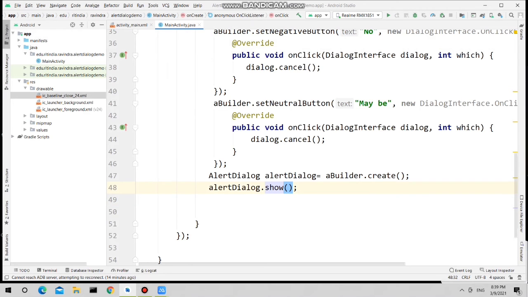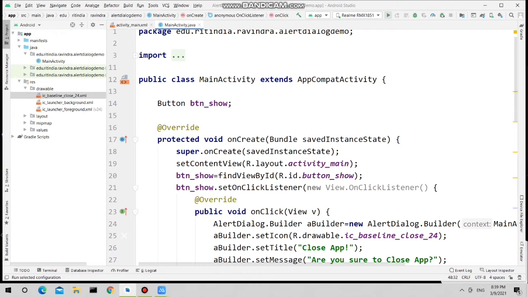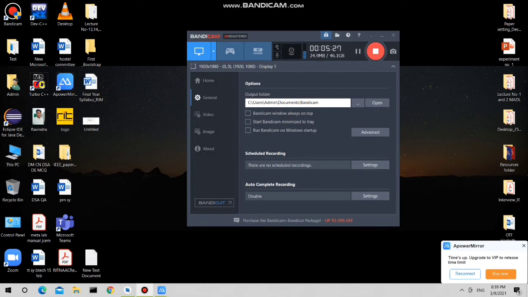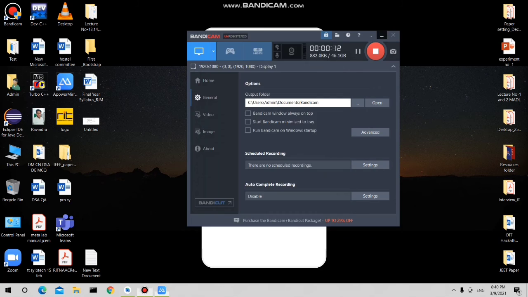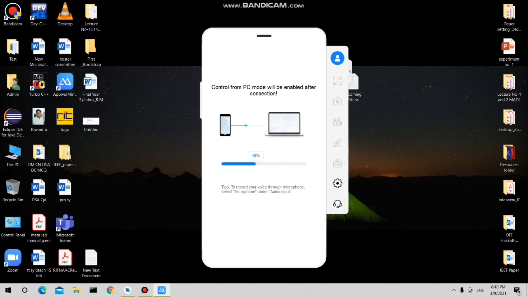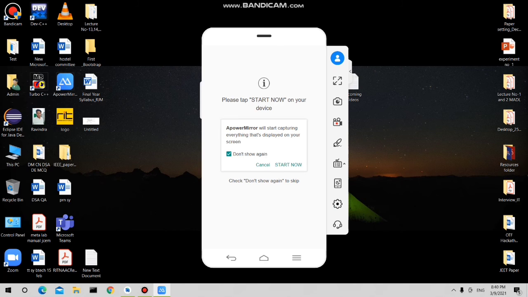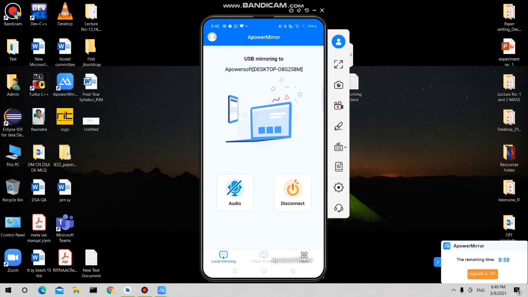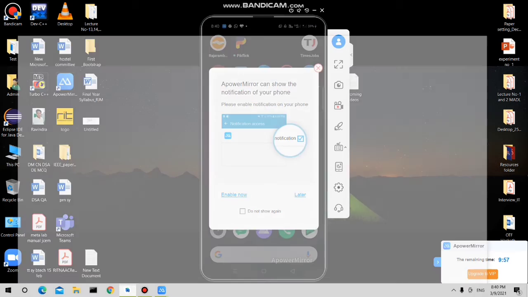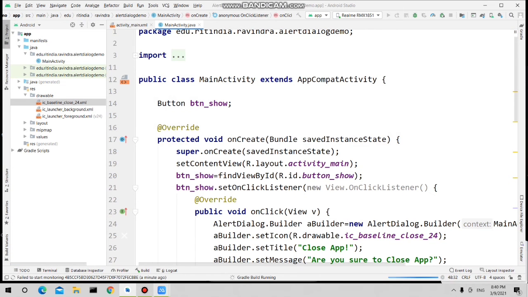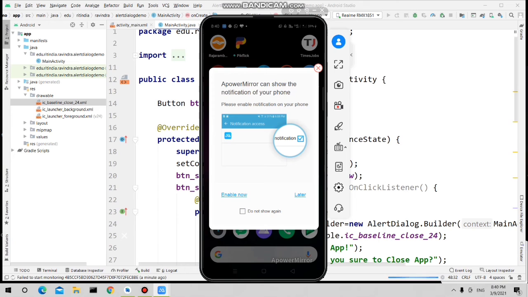Now you need to run this. So simply run this application. I'm running this application on my mobile phone. You can get the output.